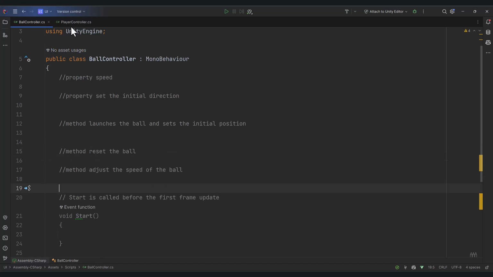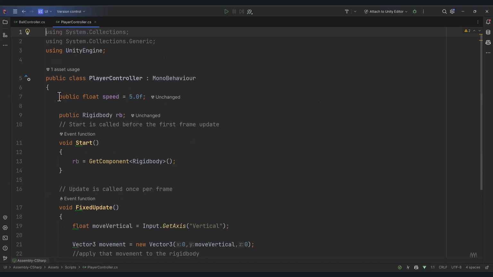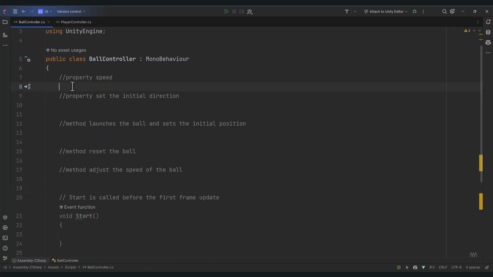So what I know is, let's borrow some code from here. I know we have this public float speed, so I'm going to paste that in here. And then this is going to have to be a new variable, and this is going to set the initial direction. So what I mean by that, let me save this and return really quickly to